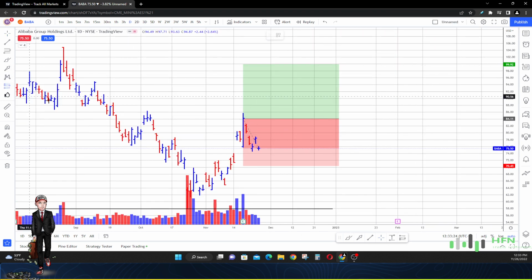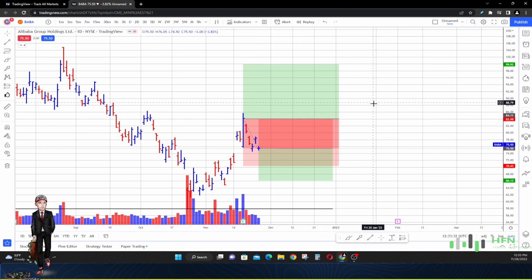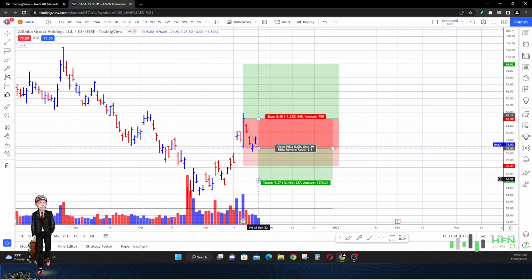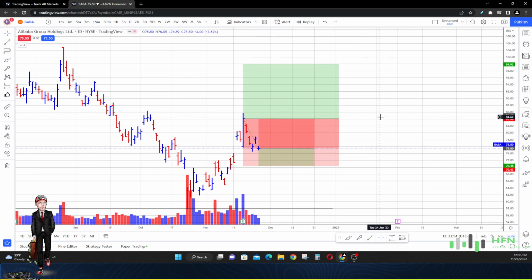See, this is something that YouTubers don't tell you that you're able to do. You're able to play both sides. So we're going to look for the price in Alibaba to go down, right? We're going to look for it to go down to $74 first as a price target. And that's 2%. Okay. Second one is going to be 72 price target. And then third is going to be 70. Now, this is what I'm looking at.